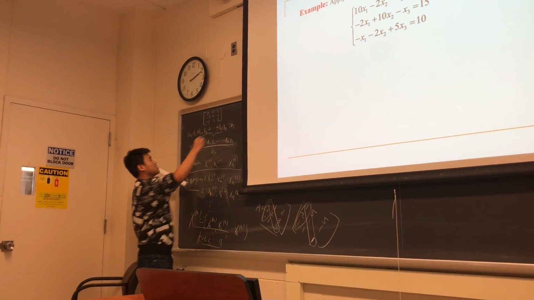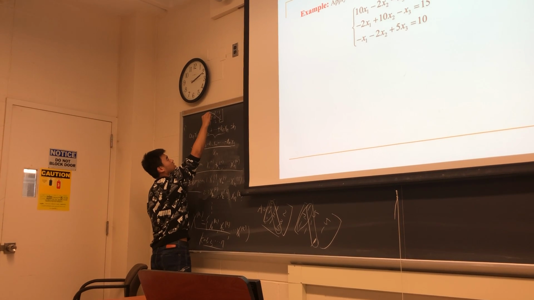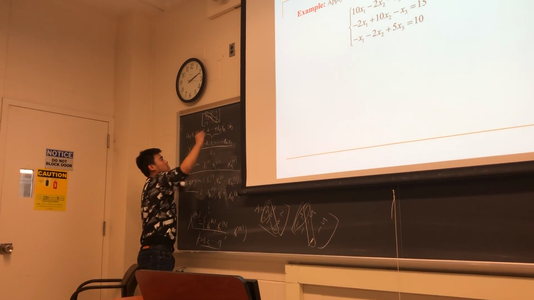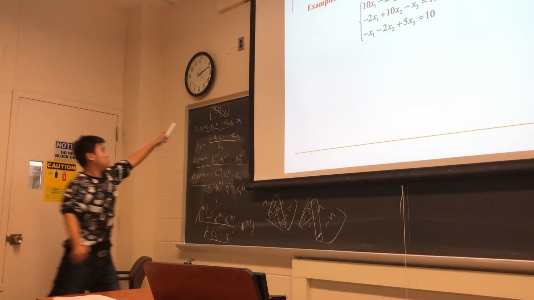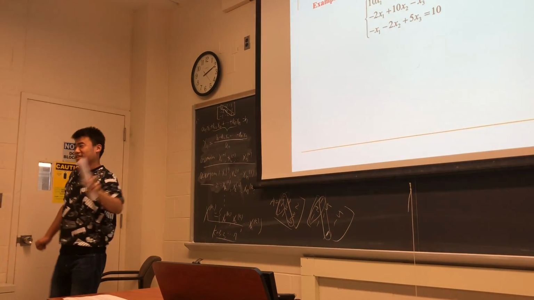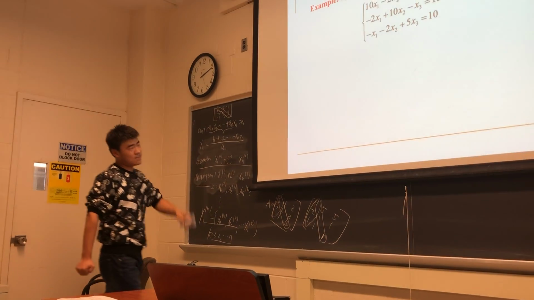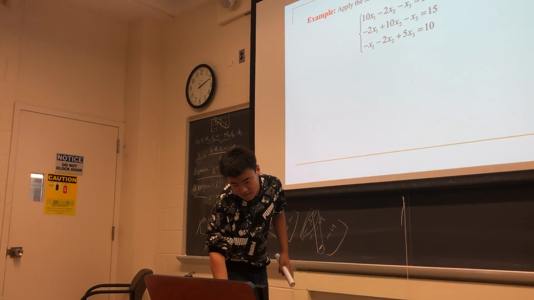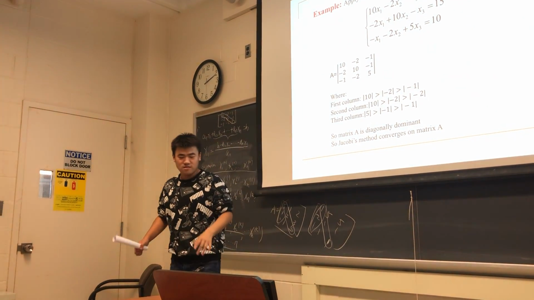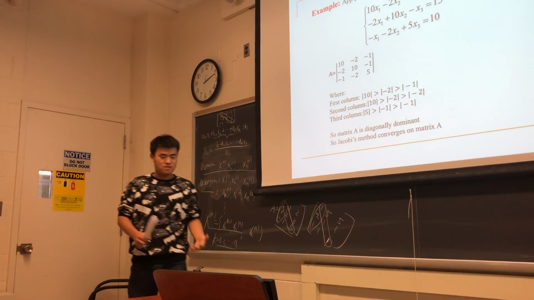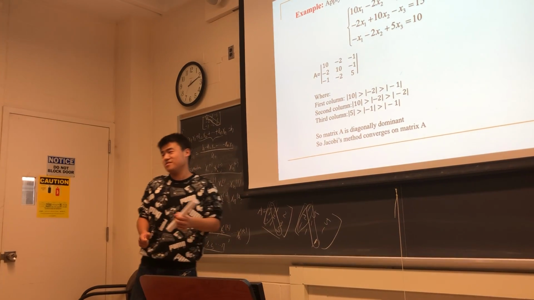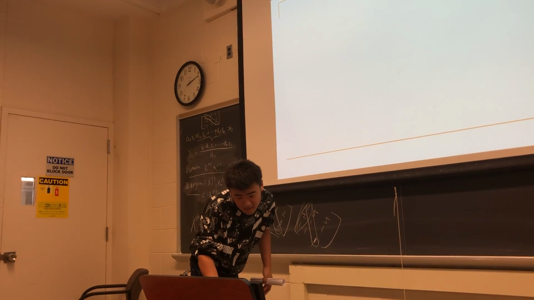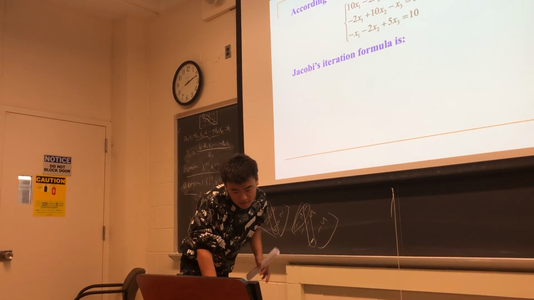And we can say that the element on the diagonal is bigger than the other elements in its column. So this matrix is a diagonally dominant matrix. So yes, the Jacobi's method is convergent. And if the Jacobi's method is convergent, we can use our Jacobi's method to calculate the solutions, right? And so firstly we have to